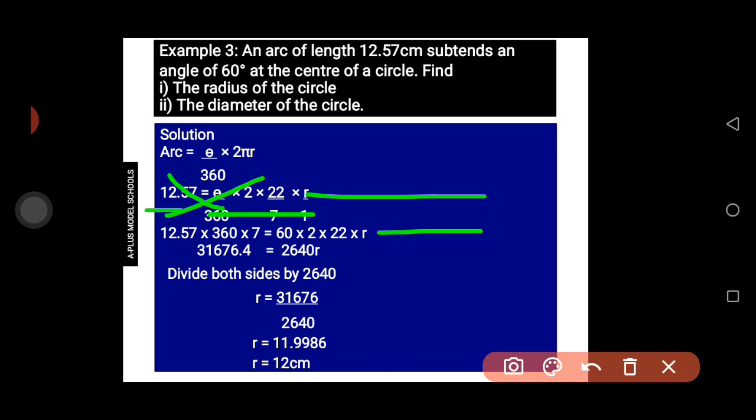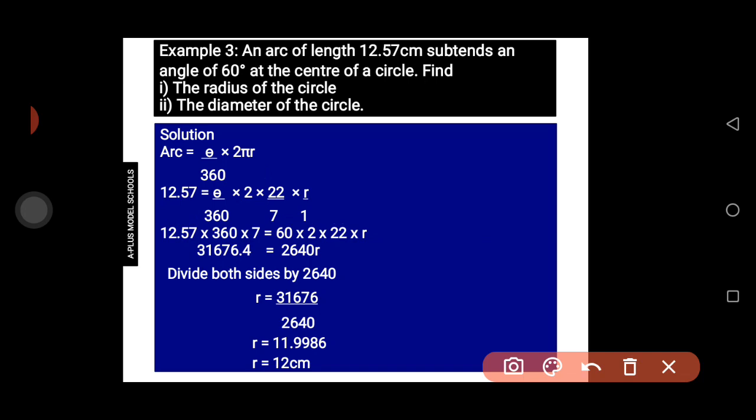So 12.57 times 360 degrees will give you 31,676.4. Then that is equal to 60 times 2 times 22, which gives us 2,640r. Then divide both sides by 2,640 to get your r. So 2,640 cancels 2,640, and you have r is equal to